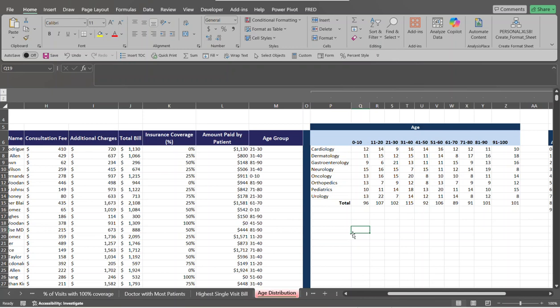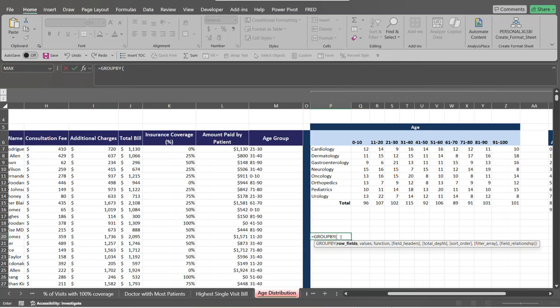Let's do here equal GROUPBY function. Okay, we're going to pass in the value of the range, basically the row fields. Okay, we're going to be grouping by